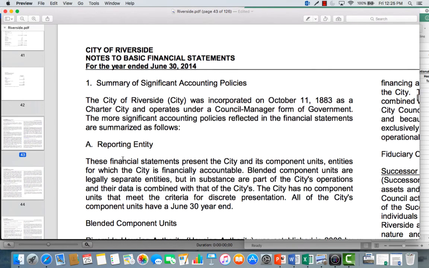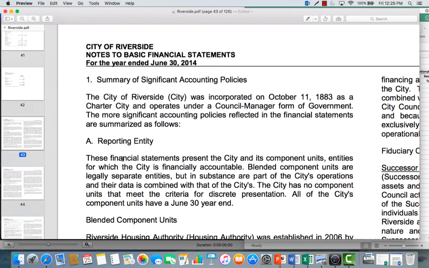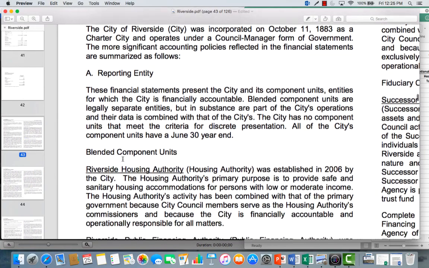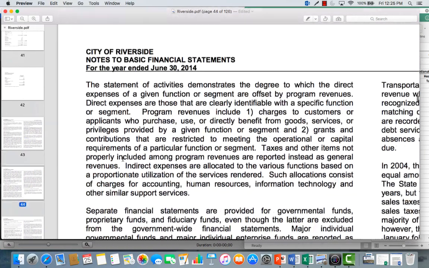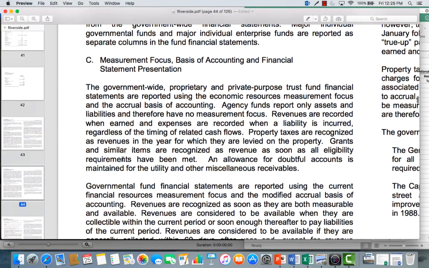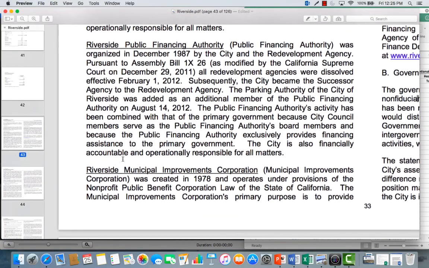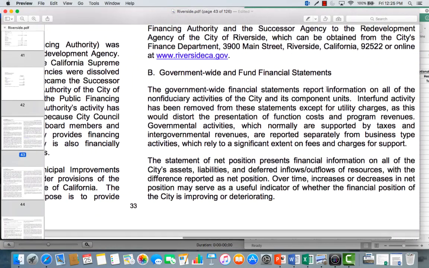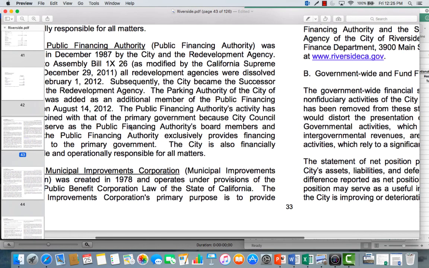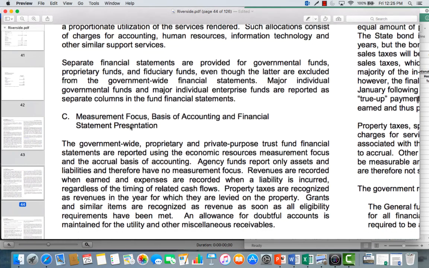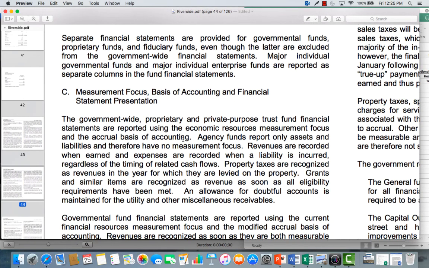What you will notice in terms of order here, to get you through it quickly so you don't have to read through the entire summary of significant accounting policies, you want to scan through it, but usually it starts by describing the reporting entity, including any component units they have, before moving on to talking about the financial statements. So it'll talk about government-wide versus fund financial statements, then move on next to talk about measurement focus and basis of accounting for the financial statements,